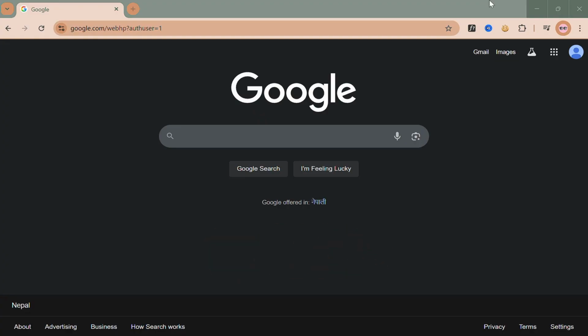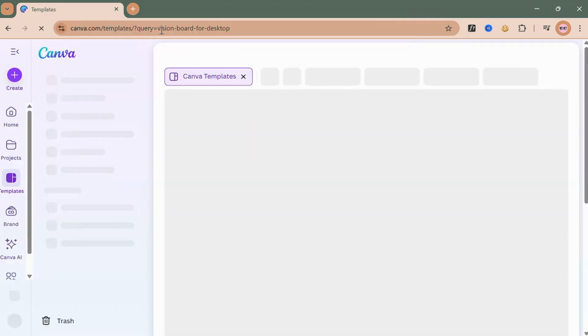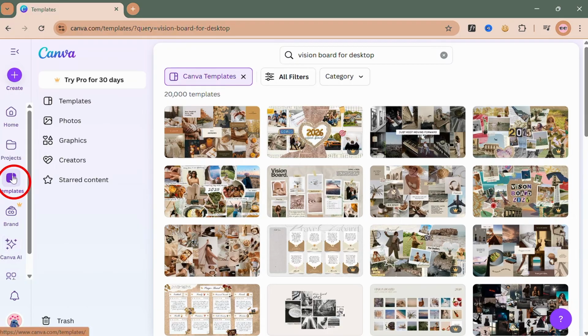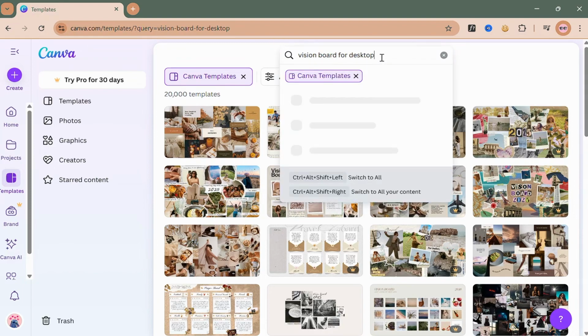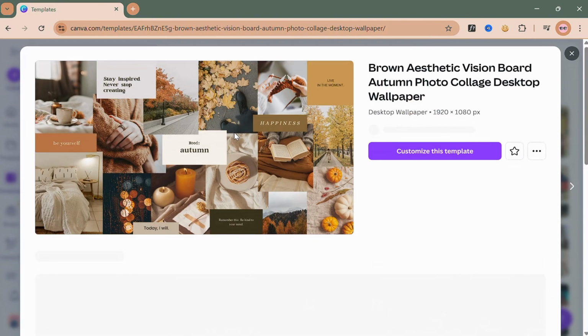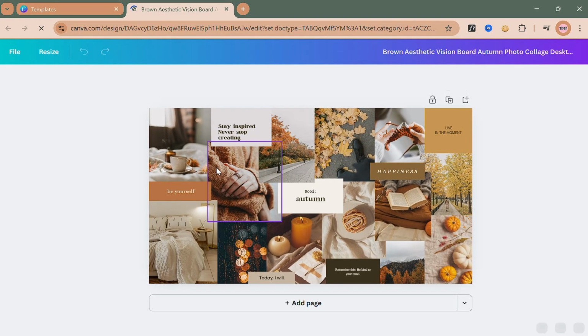First things first, open up your Google Chrome browser and on the search bar, search for Canva. So go ahead and open it, and then on Canva, you can go to the templates option on the left hand side and you can choose among the various templates by searching it on the search bar. So I have searched for vision board for desktop and I want to share this design with my friends. So I'll tap on it and tap on customize this template, and then once it opens up,